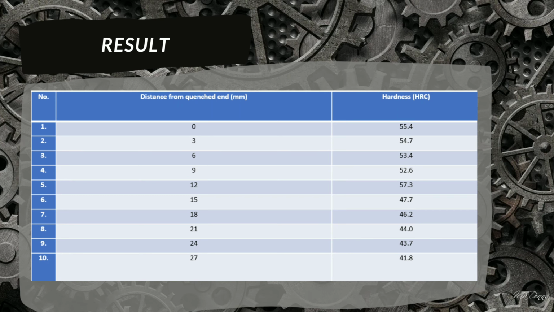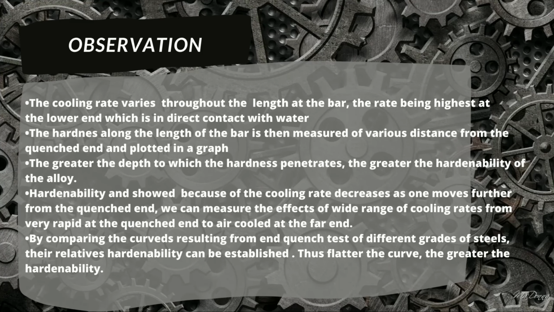Number 8, when the distance quench is 21 mm, the hardness is 44.0. Number 9, when the distance quench is 24 mm, the hardness is 43.7. And number 10, when the distance quench is 27 mm, the hardness is 41.8. So next, we go to the observations. Based on the experiment that we conducted,